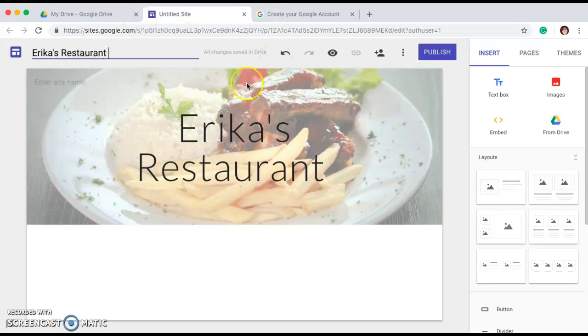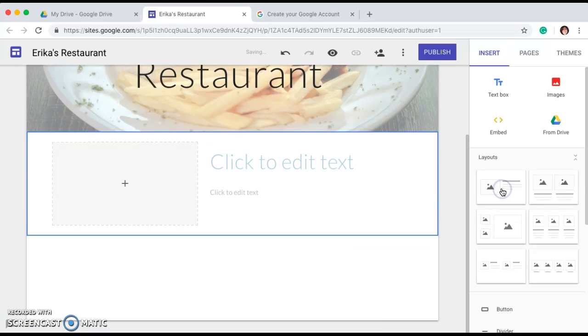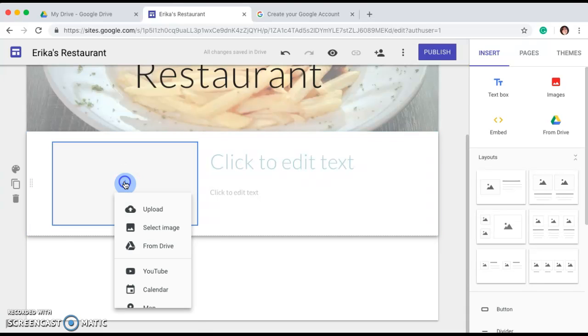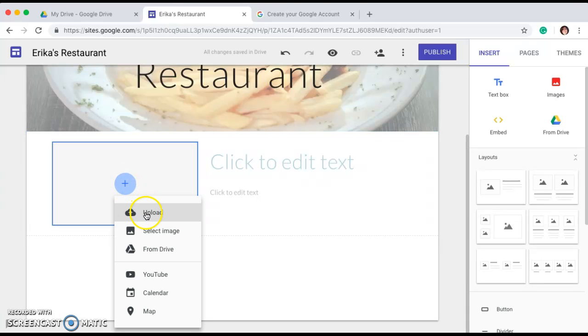So I know what I'm looking for. Okay, so now you have main ideas. Can you see how pretty it's looking? So we have the option to insert text box, images, embedded codes, or information from Google Drive. Or we can insert a design here. So I want to create this one, so I'm going to add a picture of